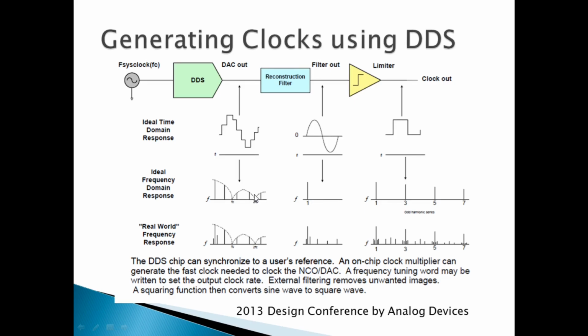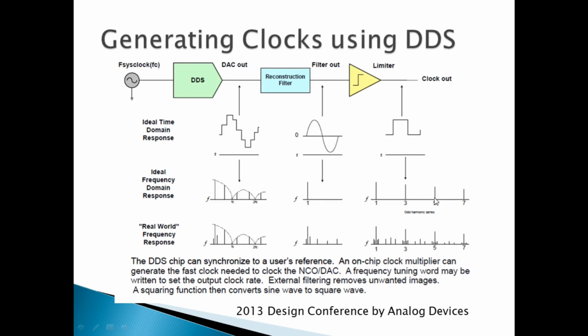This is an ideal frequency domain response, and you can find the harmonics also present. After it has gone through the reconstruction filter, the harmonics are taken out and we are left with the fundamental frequency, following which it is then passed through a limiter. You are left with the odd harmonics